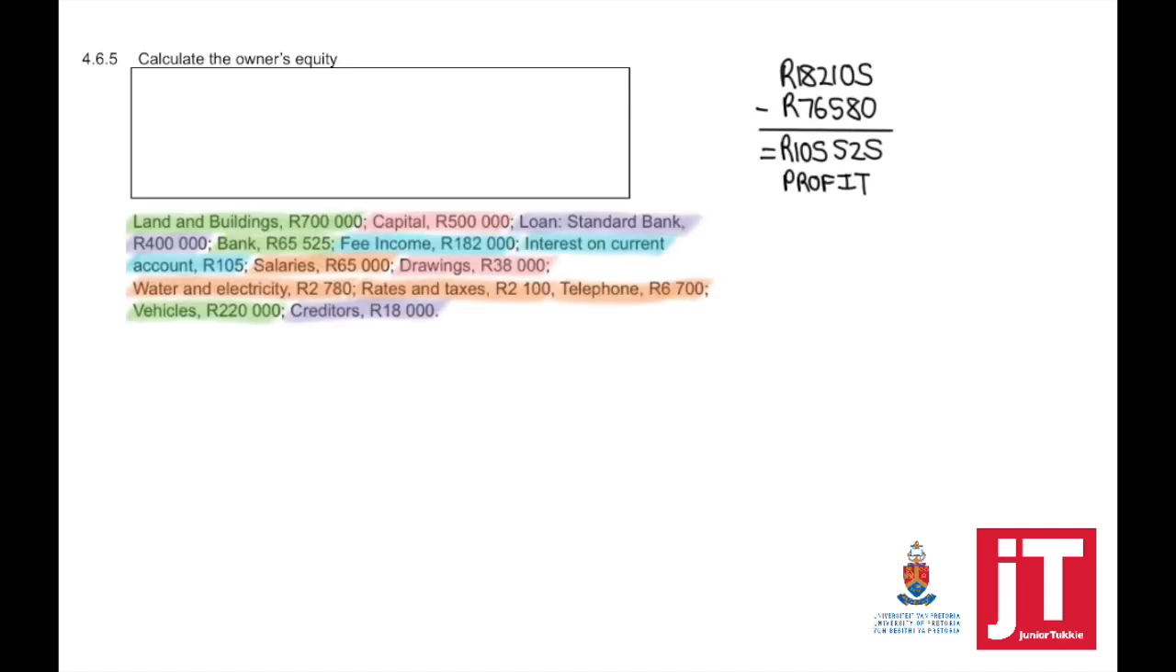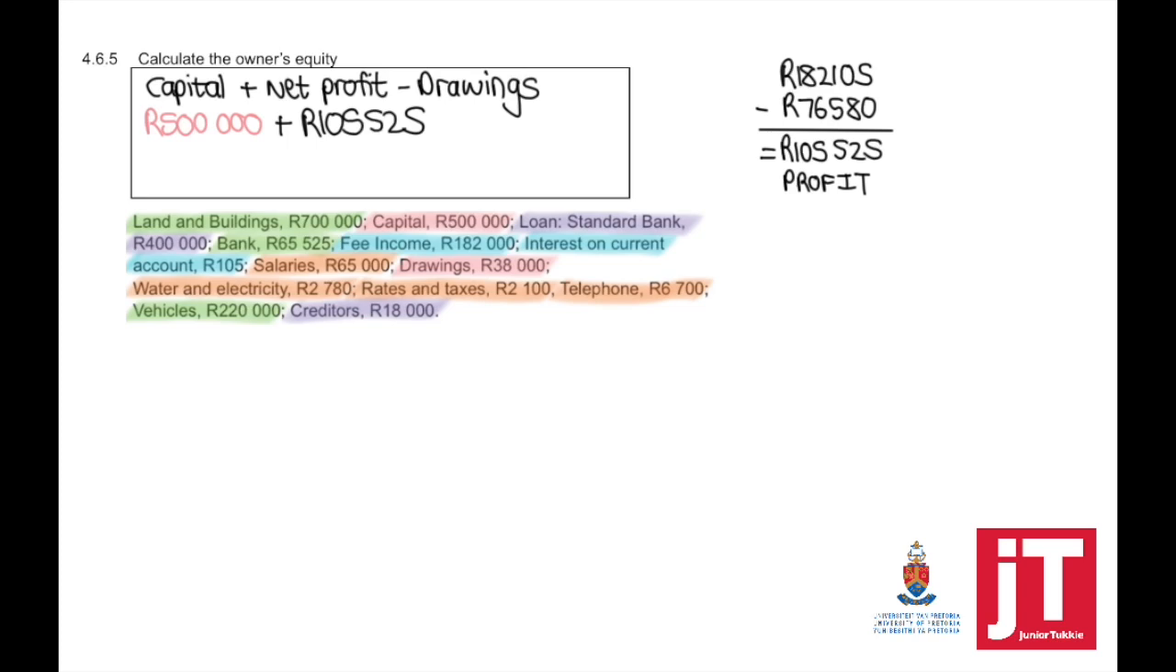Now, question number 5, calculate the owner's equity. Remember, there are different ways in which we can calculate the owner's equity. So to calculate the owner's equity, we have to take our capital plus our net profit minus our drawings. So our capital amount is 500,000. The business made a profit of 105,525. So it's important that you use your answers calculated in your previous questions. Even if it's incorrect, make sure that you use your answers which you have calculated. So we've made a profit. Now we need to subtract our drawings. This means that our owner's equity is